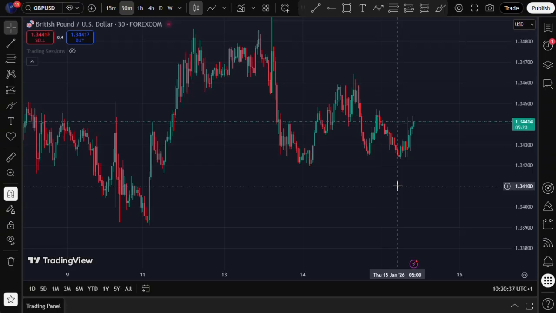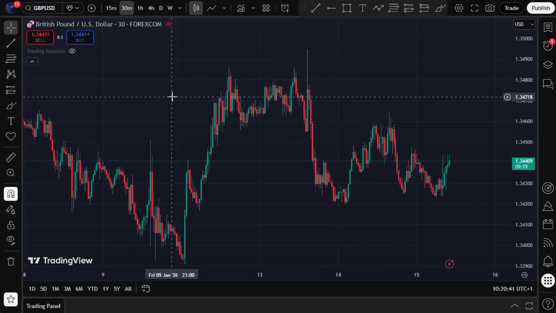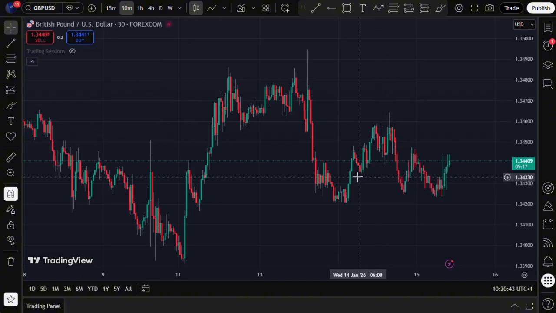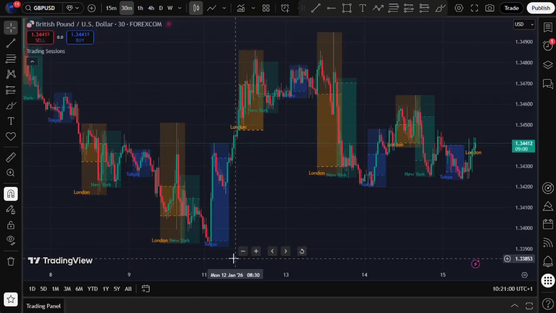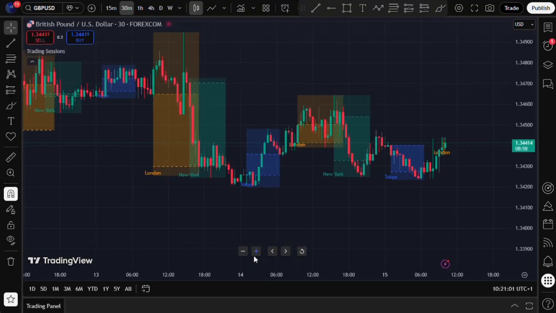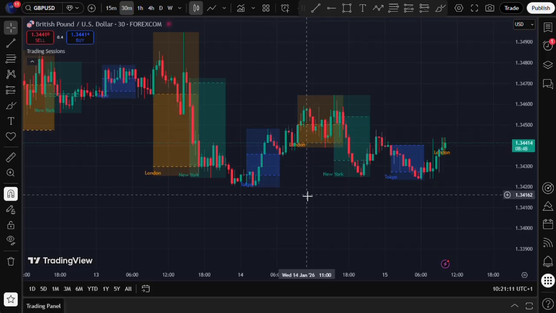So if I was bullish on this particular pair, or bearish rather, on GBP/USD, if I was bearish, I would literally wait for liquidity to be taken, then I'll follow the real move. And how do I know what liquidity is taken? This indicator I have over here is displaying the type of sessions we have and the liquidity or the moves during that session. Now we know that liquidity rests above highs and lows, and this is how you track your liquidity using session highs and session lows.